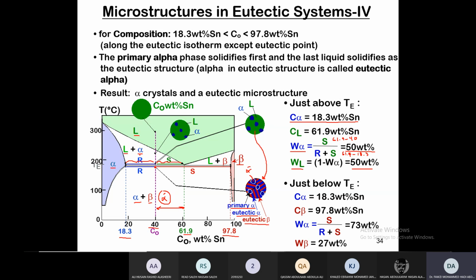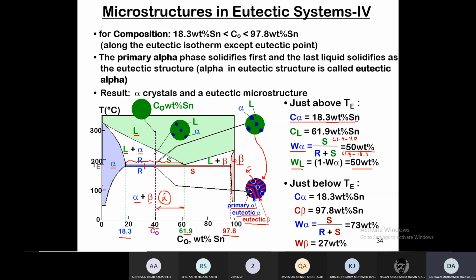If you were coming from here to there, at another composition, and you were cooling just above that, the percentages would be different, because the weight fraction of alpha would be this proportion divided by the total. Of course, the alpha would be much more. So in this case, it was a coincidence that we have 50% liquid and 50%